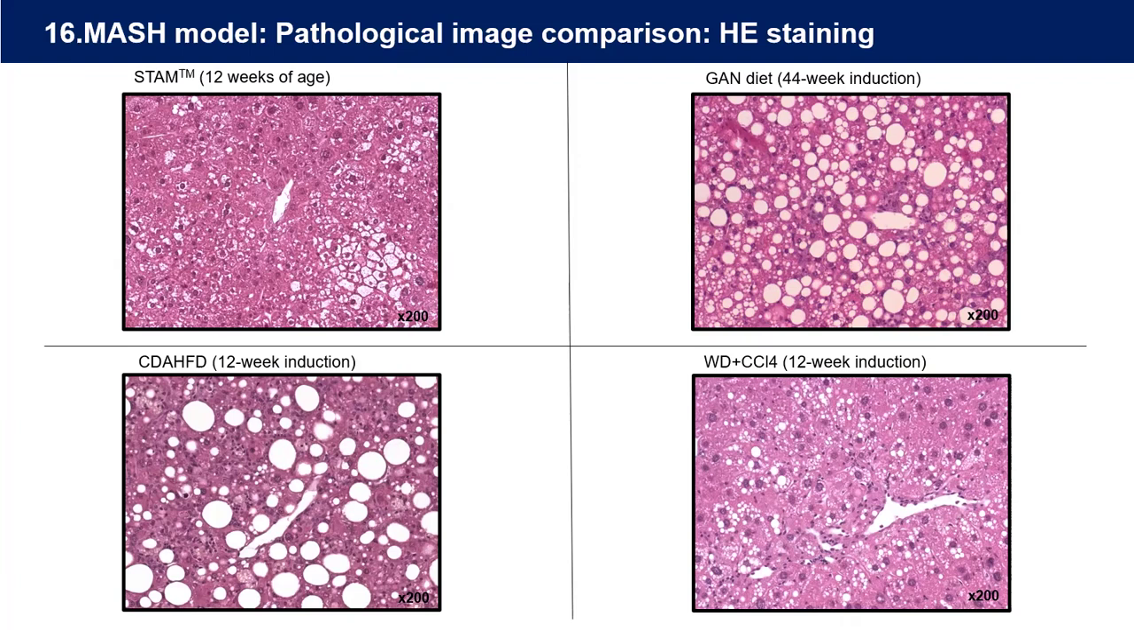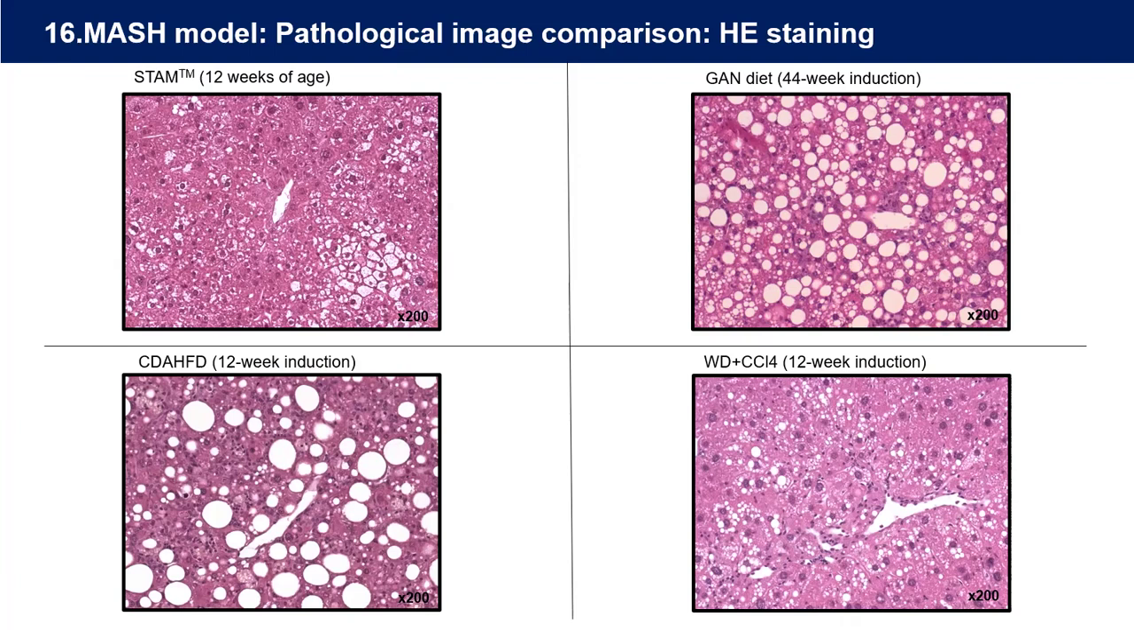In GAN diet model, large droplet steatosis and inflammation are widely distributed, with each finding appearing in a well-balanced manner. In CDA diet model, steatosis and inflammation are present, but ballooning is absent. Pathological characteristics are different. In the Western diet CCL4 model, small droplet steatosis predominates and ballooning and inflammation are clearly observed,